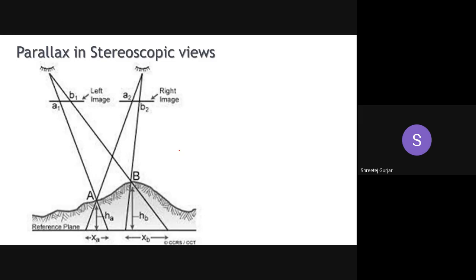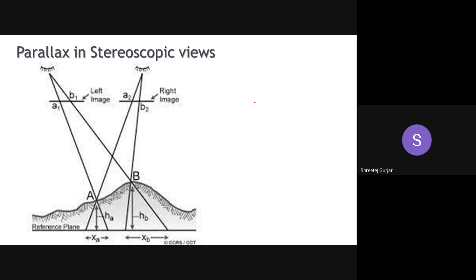So I hope you remember what is meant by parallax. Parallax, wherein the image seems to be moving, shifting positions when you view through different eyes. You have two eyes. If you close your right eye and view the object from your left eye, and then switch to your other eye, you will feel that the object has shifted its position, even though it has not.